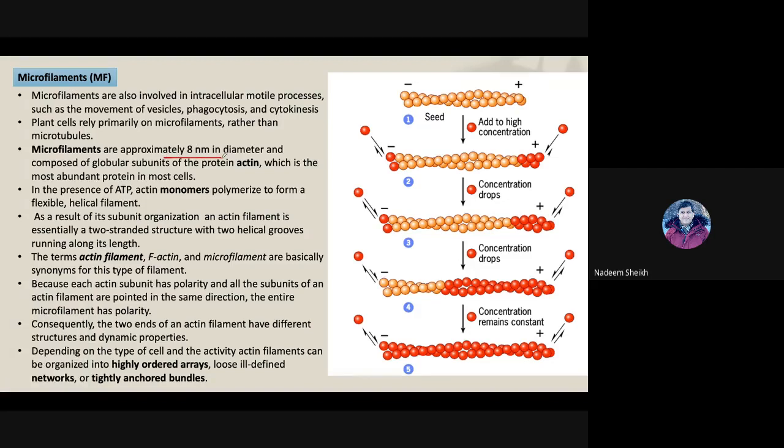They are responsible for multiple functions within the cell, like intracellular motility, phagocytosis, cytokinesis, and within plant cells, they are the major cytoskeletal elements which are involved in cellular transportation, as compared to microtubules, which play a role in the